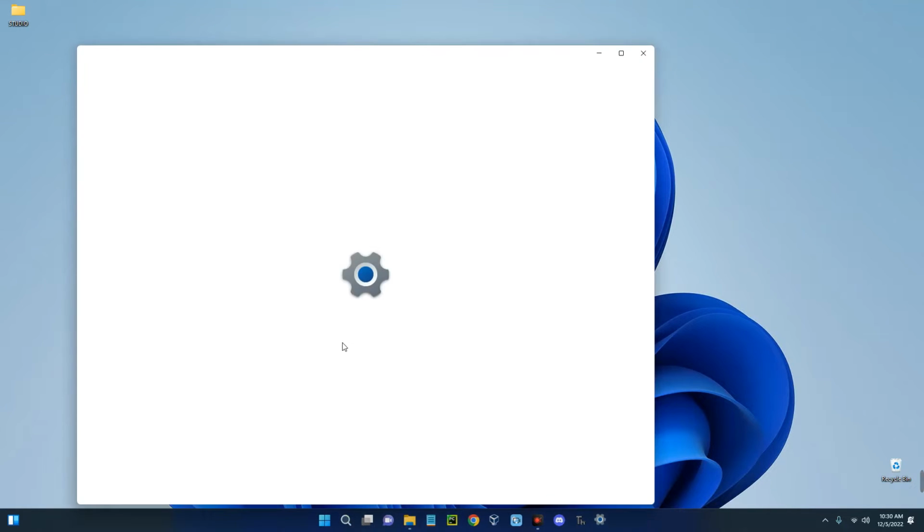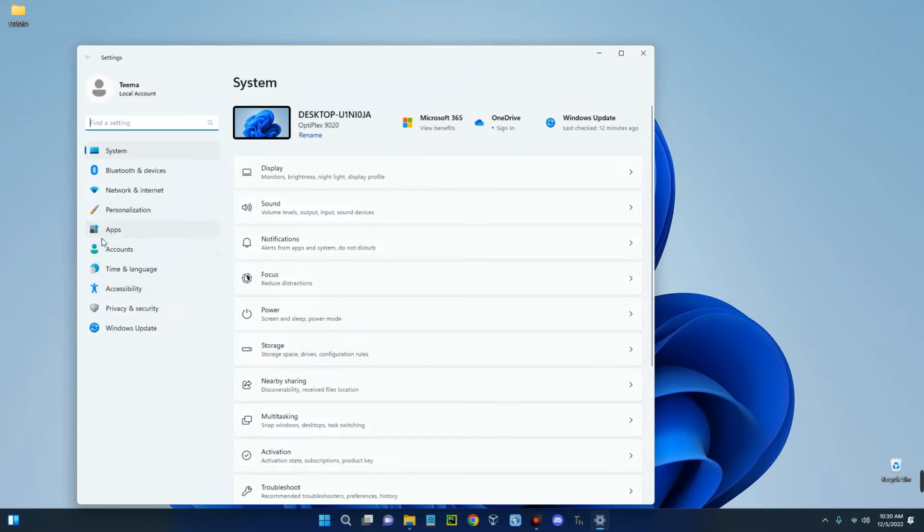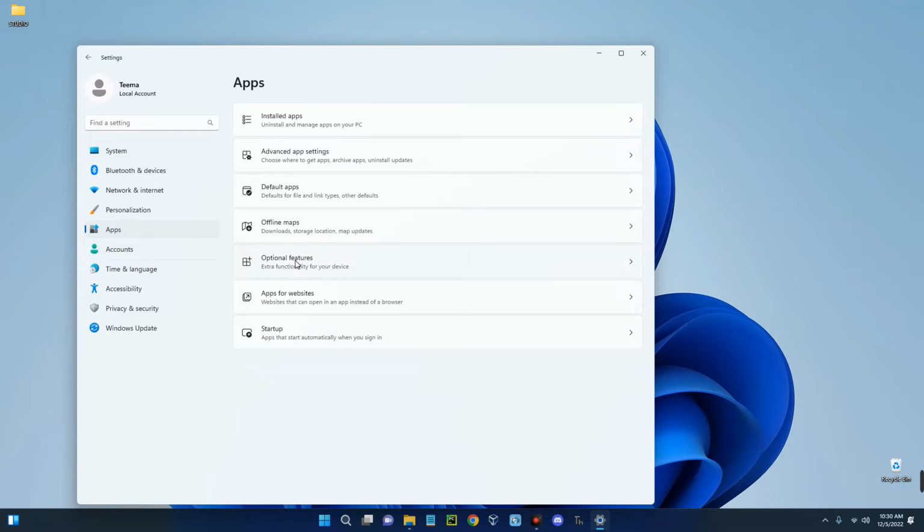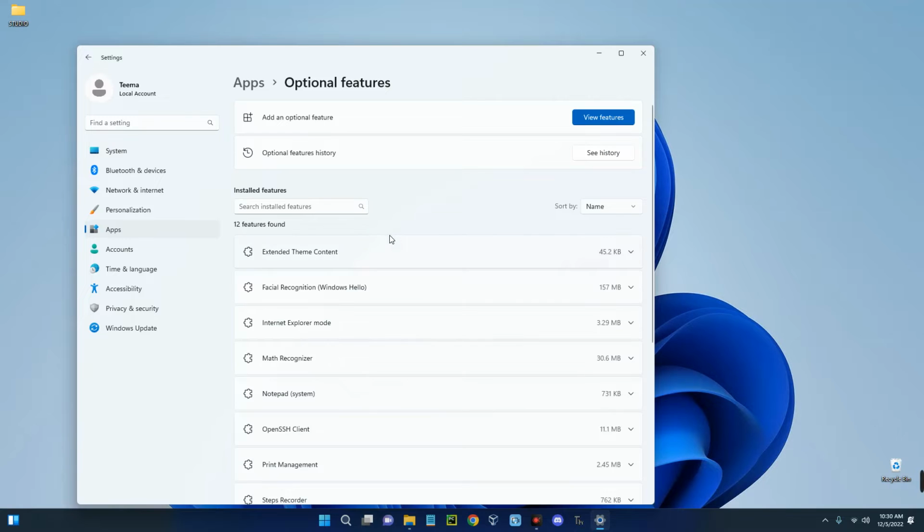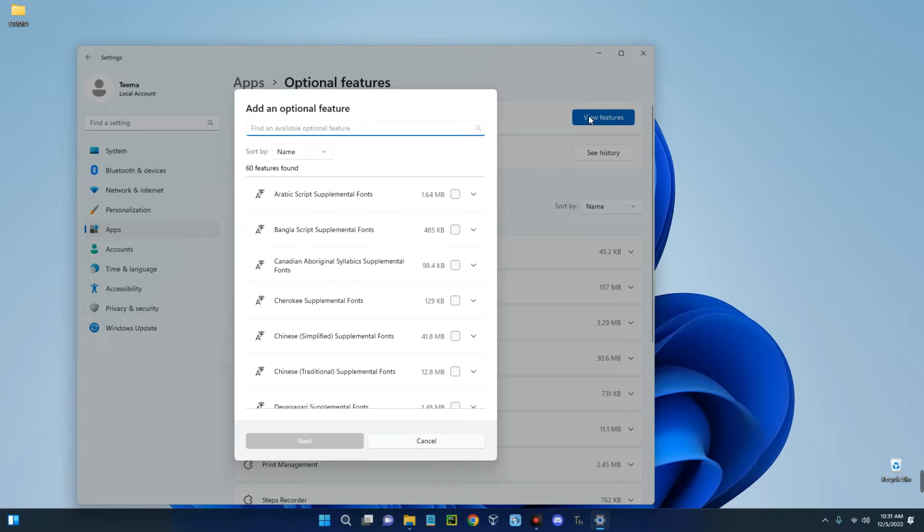Now open the settings and then by the left you can see apps, or you can just search for apps. So let's click on apps here. Now click on optional features over here, click on it and you can see some of the optional features that have been installed. Now we are going to click on add an optional feature, so click on view features by the right and